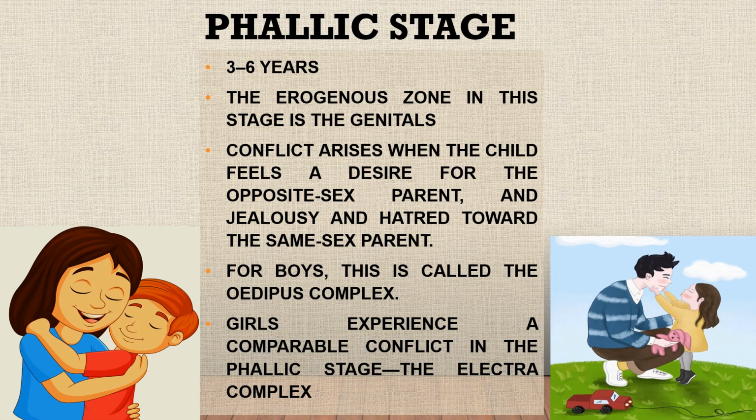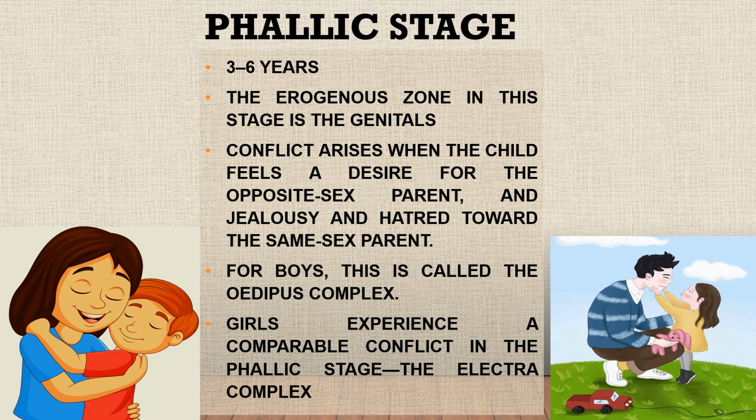Phallic stage. Freud's third stage of psychosexual development is the phallic stage, that is from the year 3 to 6 years, corresponding to the age when children become aware of their bodies and recognize the difference between boys and girls. The erogenous zone in this stage is the genitals. Conflict arises when the child feels a desire for the opposite sex parent and jealousy and hatred towards the same